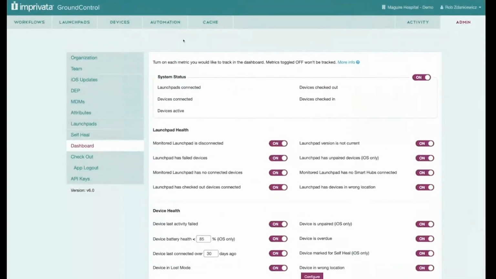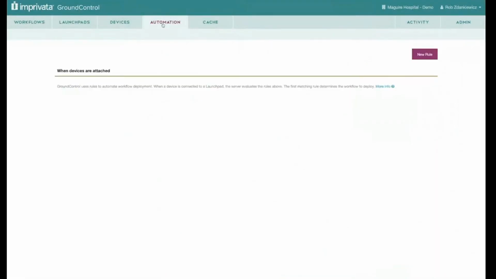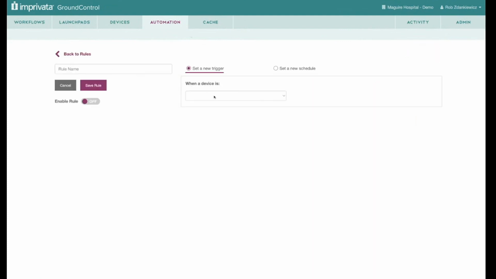As I mentioned earlier in the call too, we have the ability to automate off this too. So I'll quickly make an example automation rule to help us make sure a device gets back to where it's supposed to be. For those who aren't super familiar, this is our automation tab, where you can define a large number of activities that can happen automatically when a device is, for instance, docked. So if I make a new automation rule and I say device in wrong location,